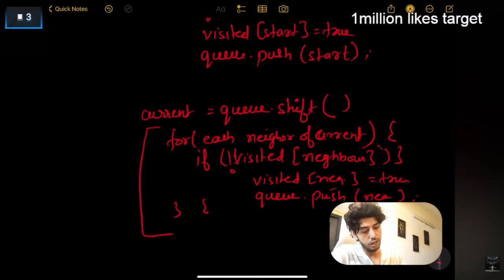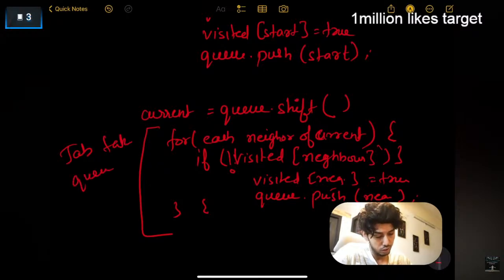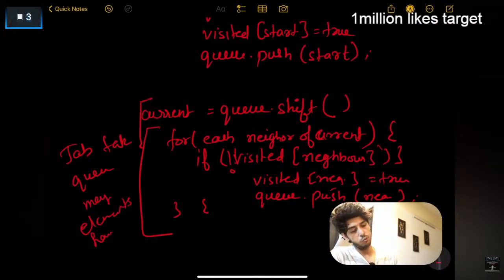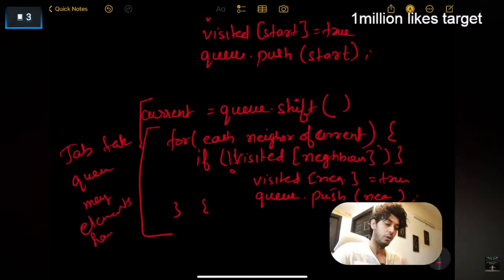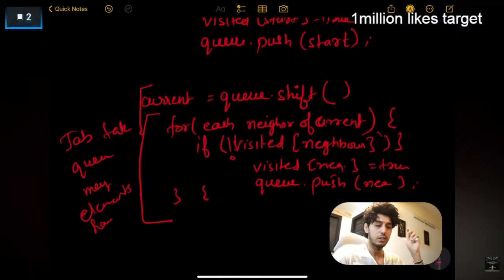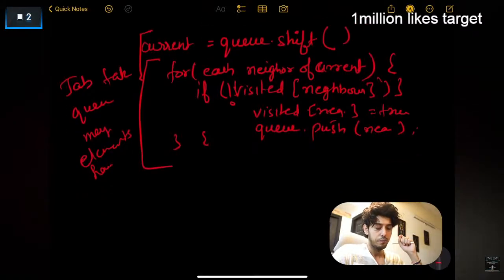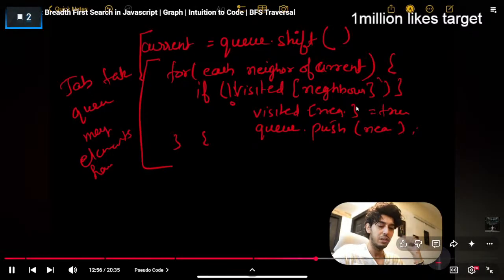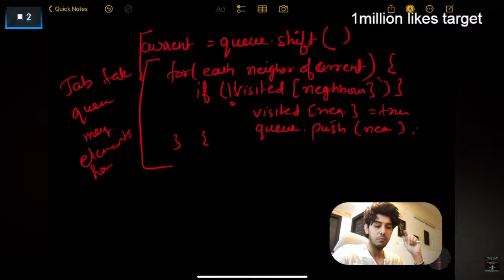ओके, और ये काम हमें तब तक करना है लूप में जब तक क्यू एम्प्टी नहीं हो जाता है, जब तक क्यू में एलिमेंट्स हैं। ओके, यहाँ तक भी बेसिकली ये पूरा स्टेप हमें करते रहना है जब तक क्यू खाली नहीं हो जाता है। ओके, तो जैसे ही हम वो वाइल लूप लगा सकते हैं जब रियल कोड करेंगे तो, बट यही है, राइट। अब ध्यान से देखो एक केस छोटा सा, राइट, आई थिंक मोस्टली तुम्हारा इससे कवर तो हो जाएगा, बट एक दिक्कत आ जाएगी। एक सेकंड रुक जाओ।